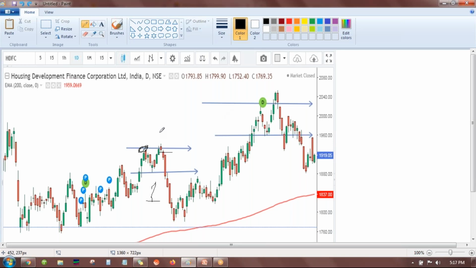Whenever the price is above the moving average, we are looking for a double top. Okay, like this, 1 and 2. Whenever the price is below the exponential moving average, we will be looking for a buy. Is that clear to all of you? So, are you taking the entry on day 3?